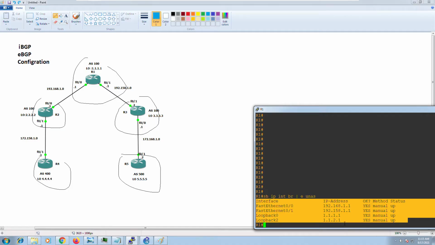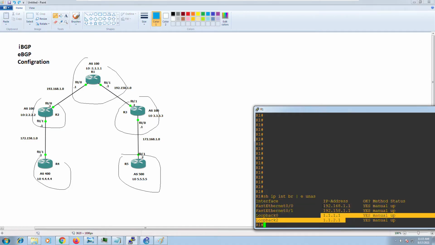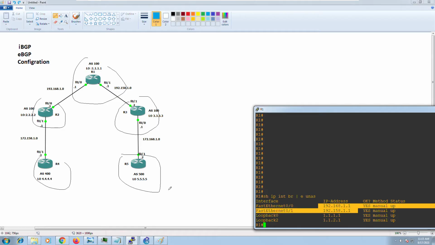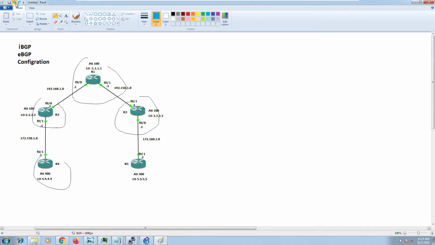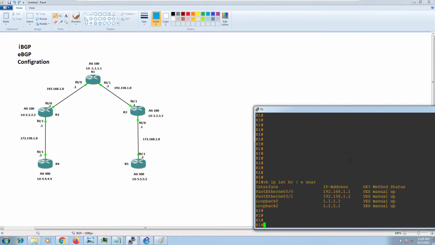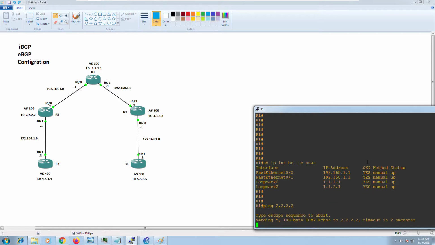My loopback IPs are 1.1.1.1 and 192.168.1.1, and my static IP is connecting directly to my routers. Right, so if I ping the loopback IP on router 2, 2.2.2.2, I don't think I would be able to do that, as we don't have any IGP running between